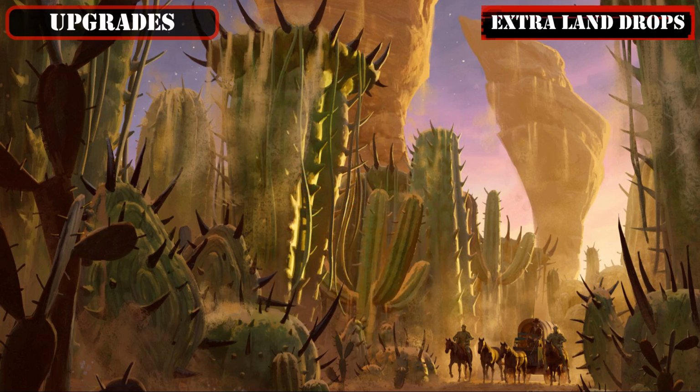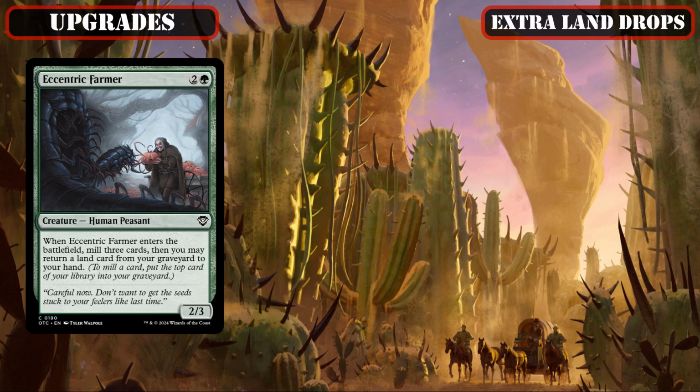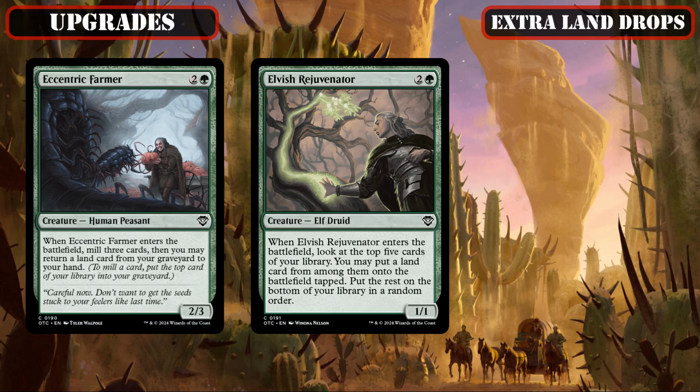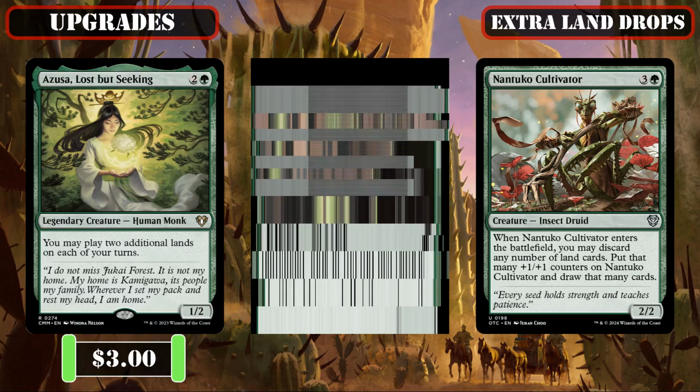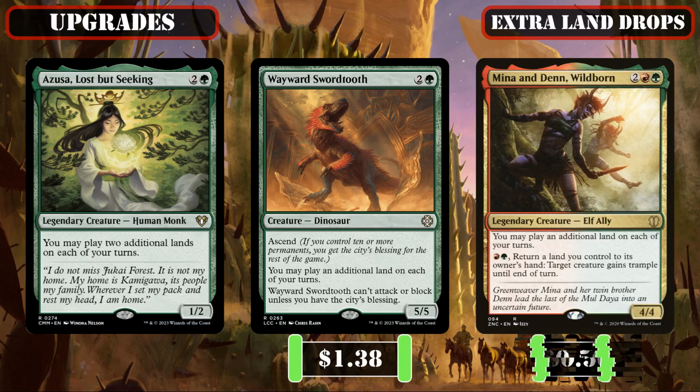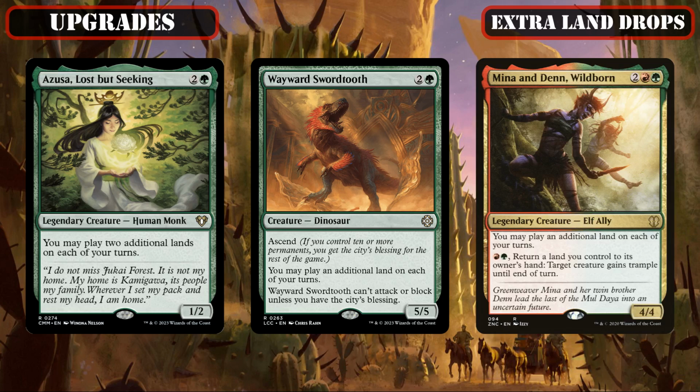And while on the topic of extra land drops, we'll be slotting in a few more sources of it to help us replenish our land base as quickly as Yuma and our new and old sack effects can tear it down, in which we'll be taking out the bit to random self-milling land reanimator Eccentric Farmer, the serviceable but underwhelming land ramp source Elvish Rejuvenator, and the bit to situational land discarding draw source Nantuku Cultivator, in order to make room for Azusa Lost But Seeking, Wayward Swordtooth, and Mina and Denn Wildborn, all of which passively allow us to